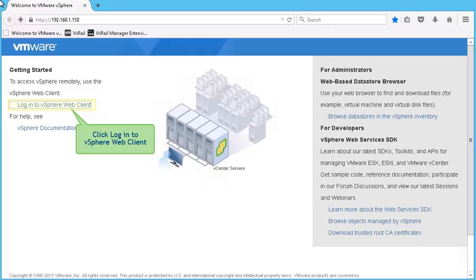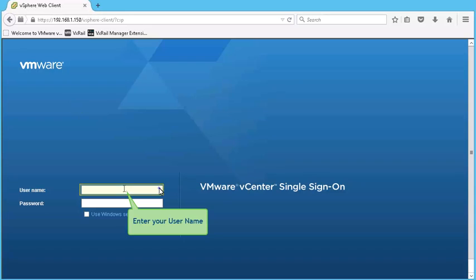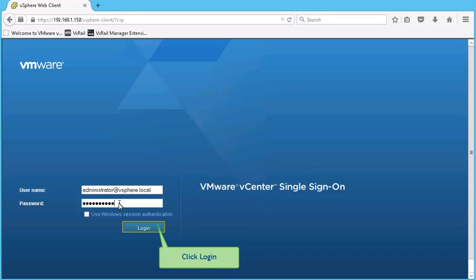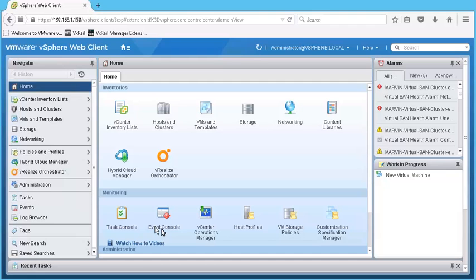To begin, log into the vSphere web client. Enter your username, then enter your password, and click Login. To create a new virtual machine, click on VMs and Templates on the home screen of the